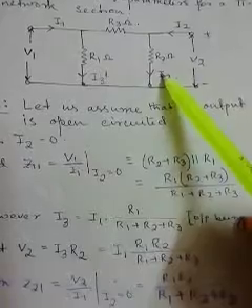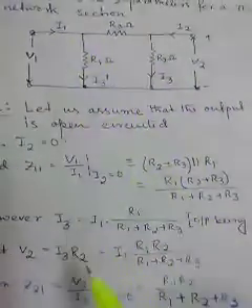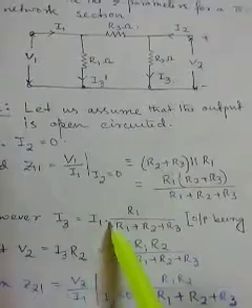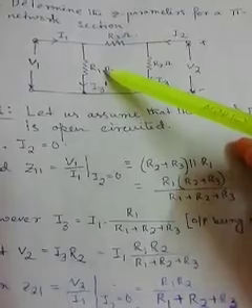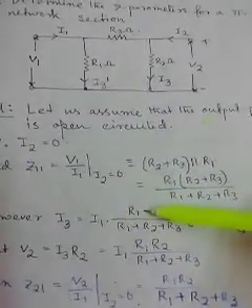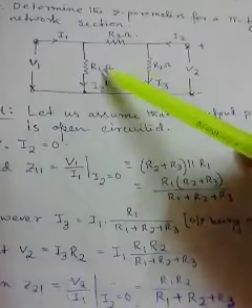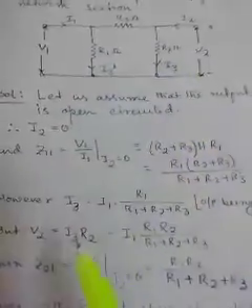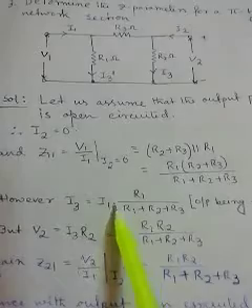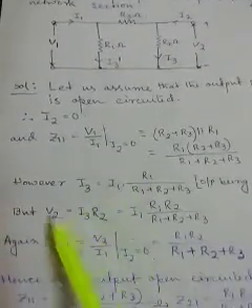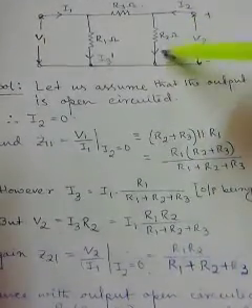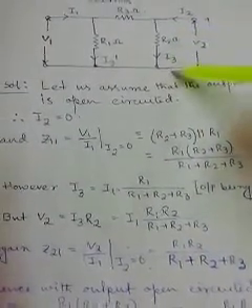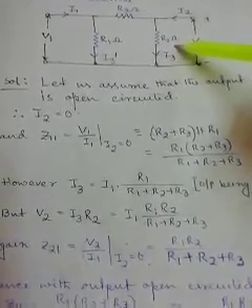Here, if it is the current I3, this I3 is coming from the total current I1, so we are writing the total current into the opposite resistance. Opposite resistance means the resistance through which I3 is not flowing. So here it is R1, divided by the summation of all three resistances R1 plus R3 plus R2. So this gives us the value of I3 in terms of I1. Then we have to know the value of V2. So V2 is nothing but this current into this resistance. So I3 into R2 will give us the value of V2. So it will be equal to this one.